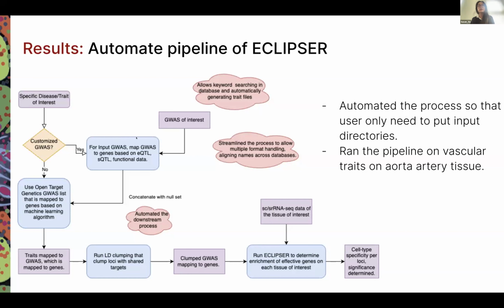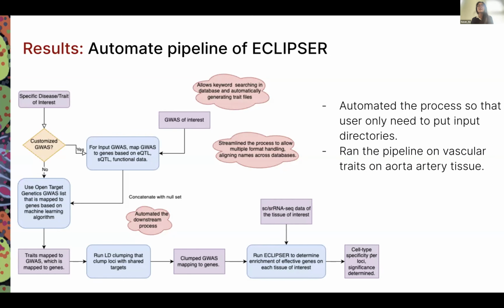And then those GWAS will be mapped to the genes based on eQTLs, sQTLs, and the Open Targets Genetics machine learning algorithm. And then we would run clumping on those mapped genes. And then finally, you would input your single cell or single nuke RNA-seq data of the tissue of interest, and Eclipser would output the cell type